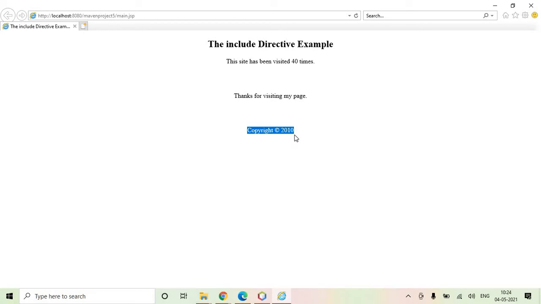It is like creating functions, a simple header file, simple functions, and including it whenever you require. So this is how the include directive works in your JSP.